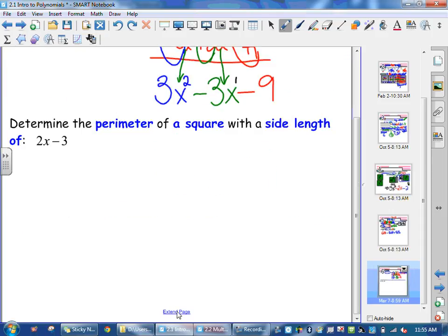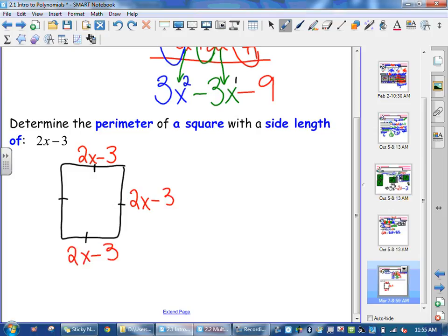Last question. We want the perimeter of a square. Well, we know squares have all the same side. So we would draw a square, and they're all the same side. If you put a little tick on them like that, that means they're identical. It tells us my sides are 2x minus 3, 2x minus 3, 2x minus 3. Drawing an example is a good way